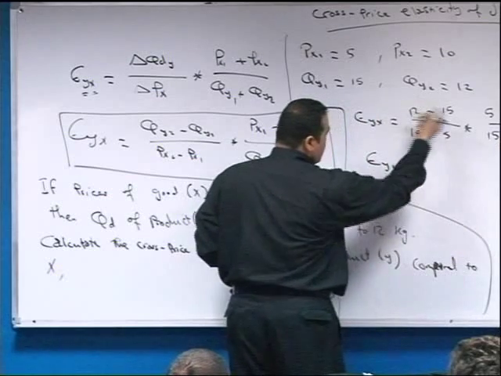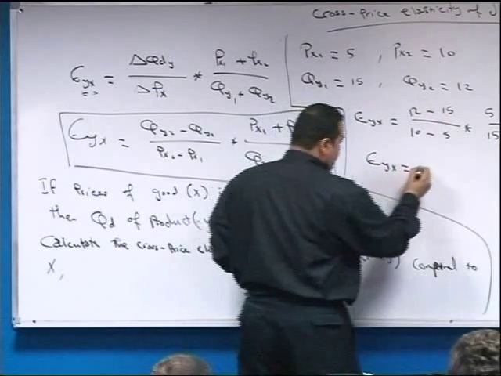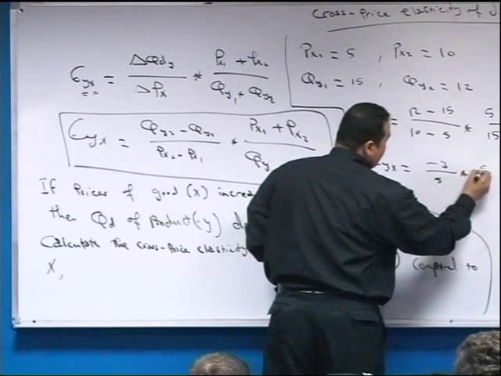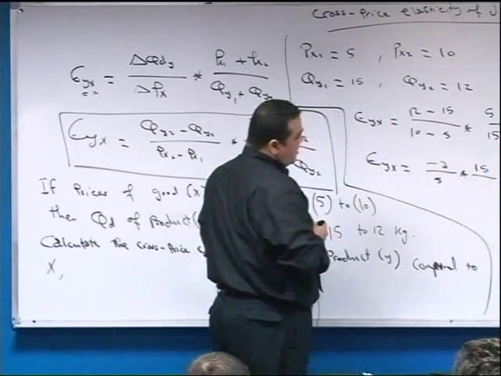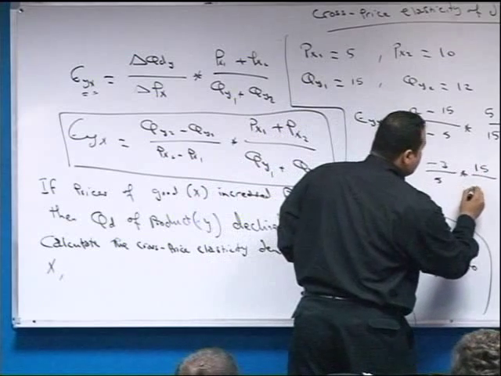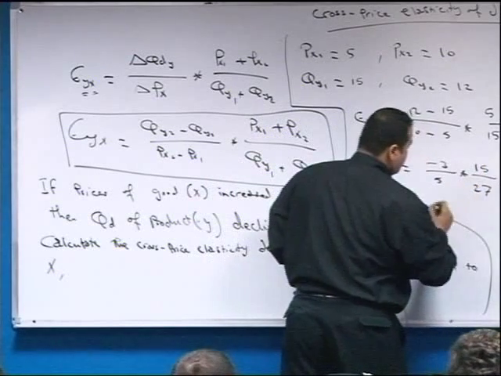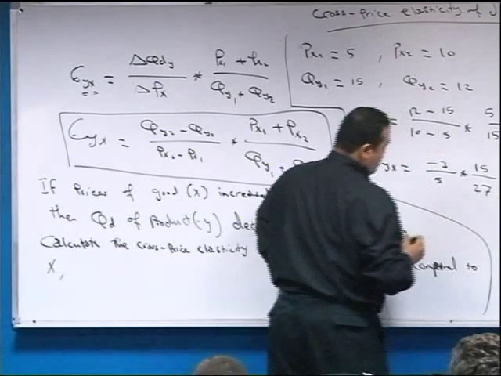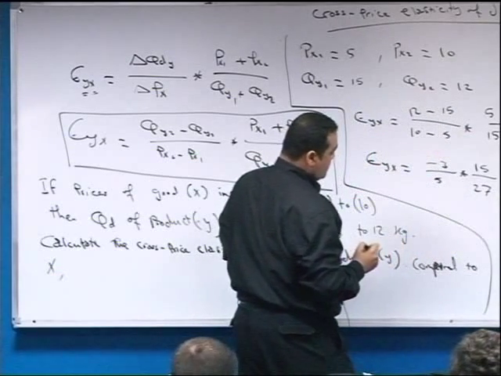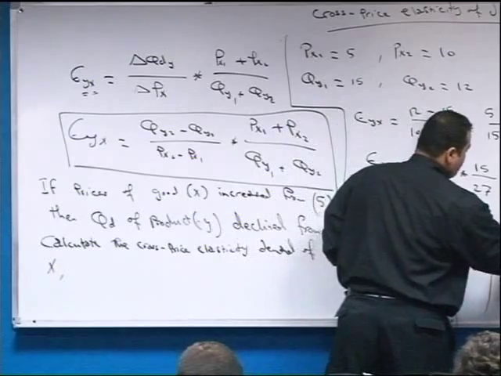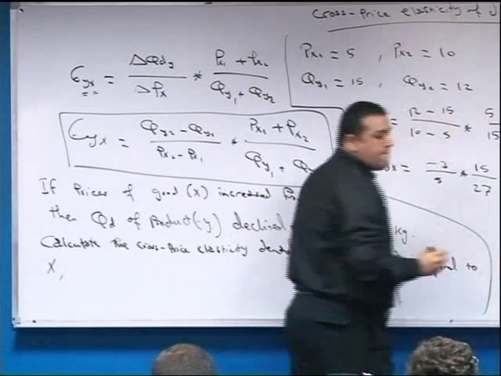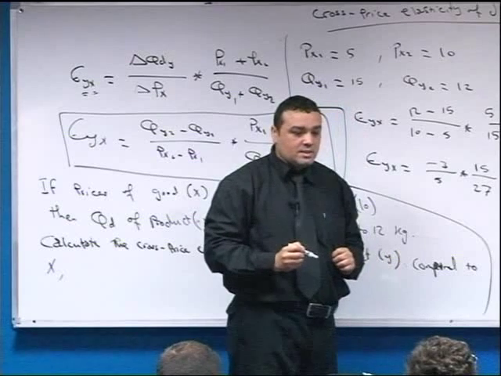Eyx equals 12 minus 15, minus 3 over 5, times 15 over 27, minus 45 over 135, minus 0 point